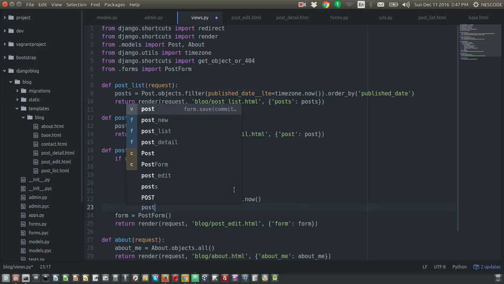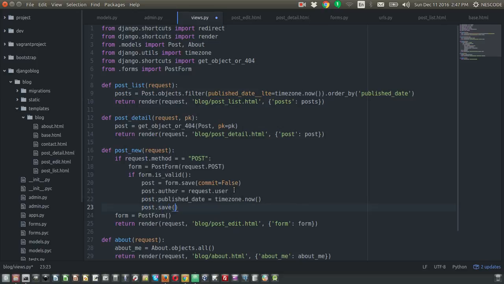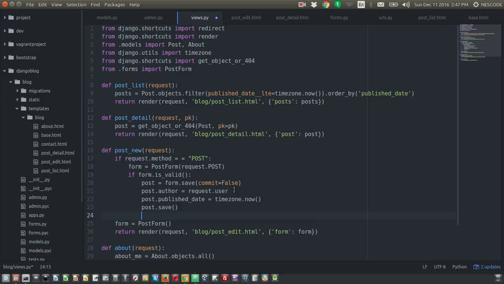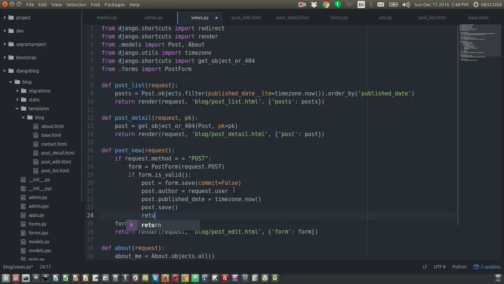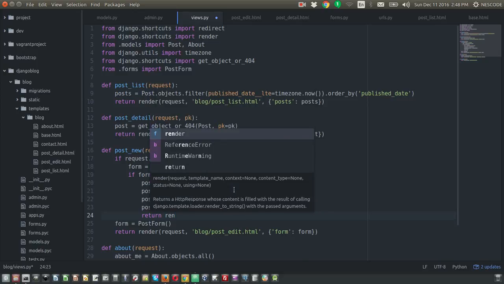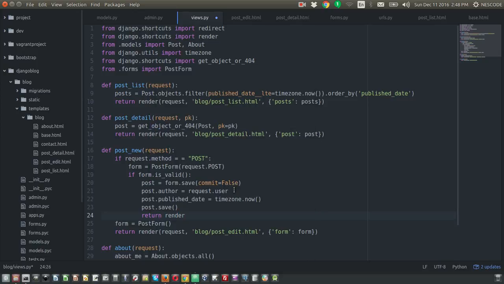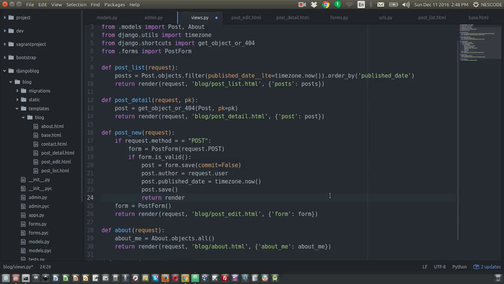And then it should save the post, and then it should return and render the post into post detail,